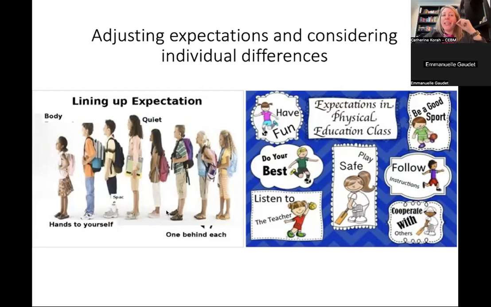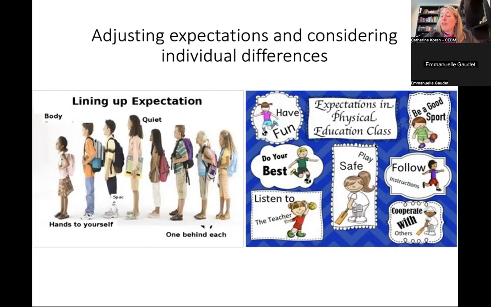Not all students can handle being in a row just so, because sometimes physical proximity is too much for them to handle. They need more bubble space, or they need to be at the front or the back of the line. Sometimes being quiet the whole time is really difficult, given that they're in transition and that's quite triggering in terms of the sensory. So just be sensitive to things like lining up for our neurodiverse population.